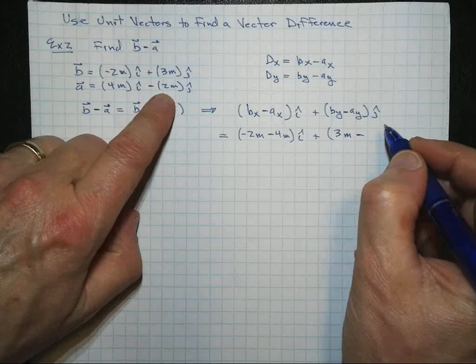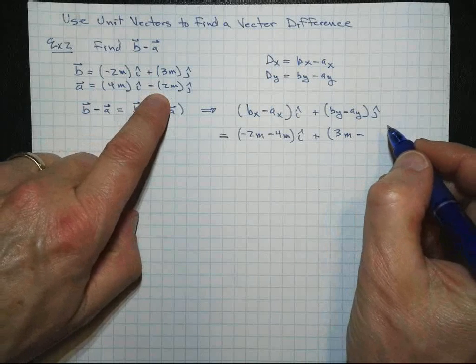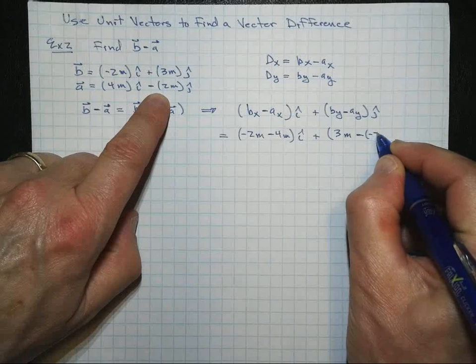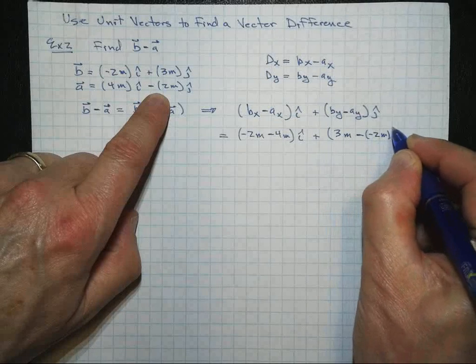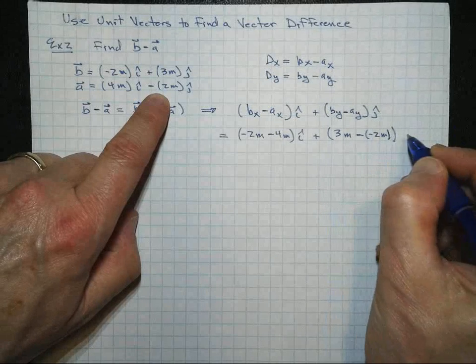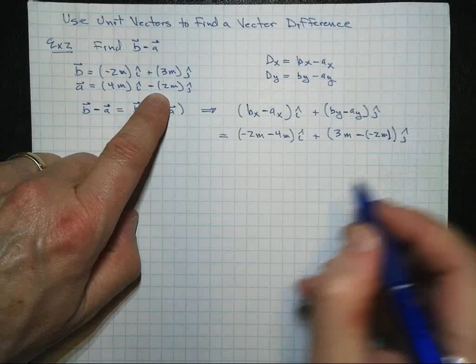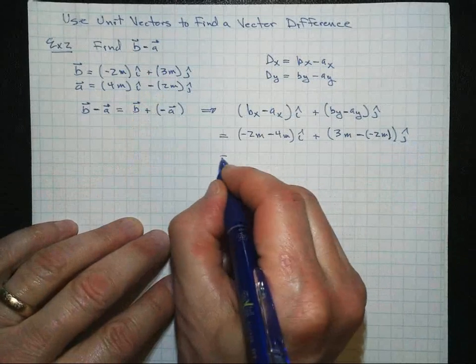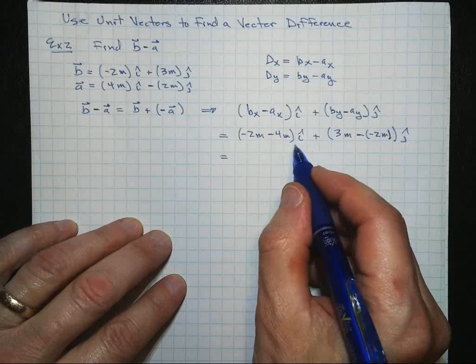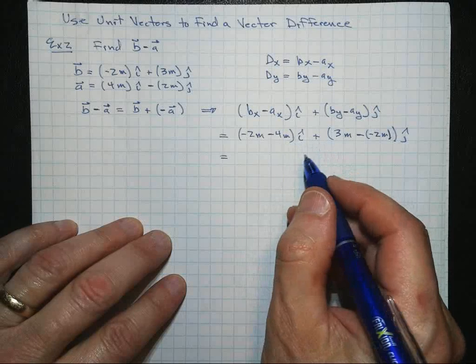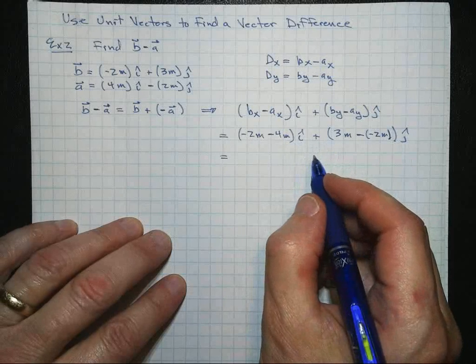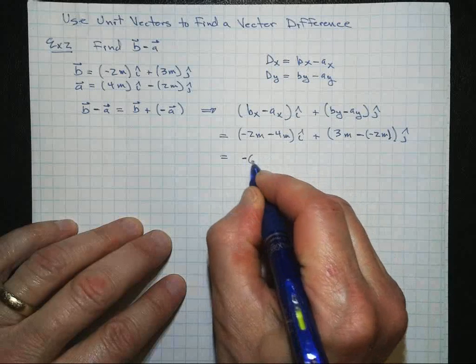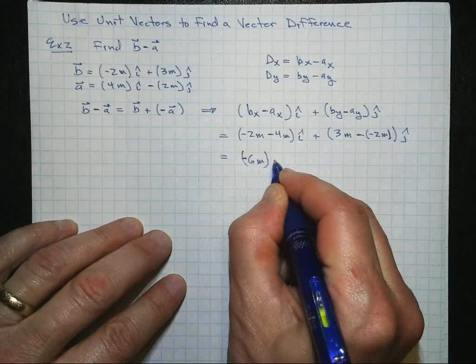Now ay is minus 2, so it's minus minus 2 meters, and this is j hat. Then doing the arithmetic, we get minus 6 meters i hat